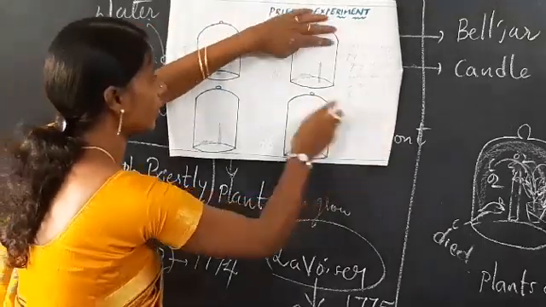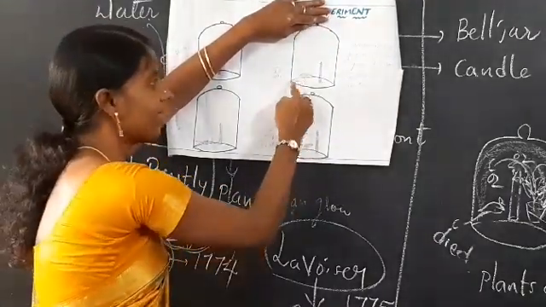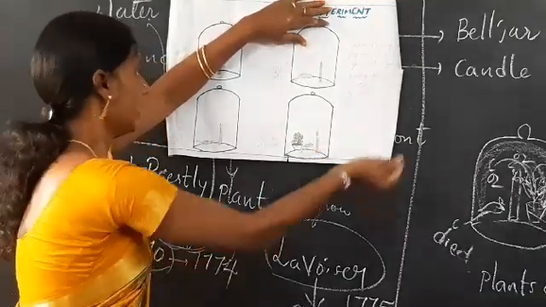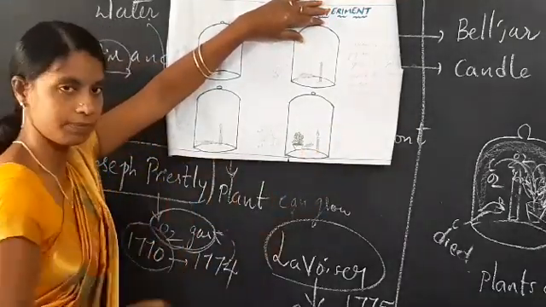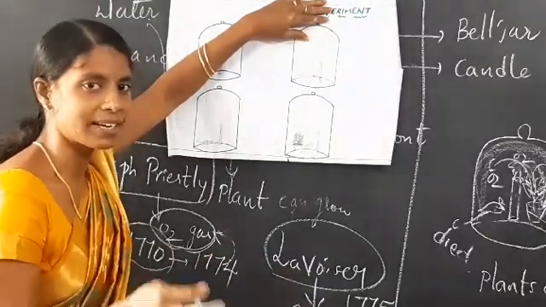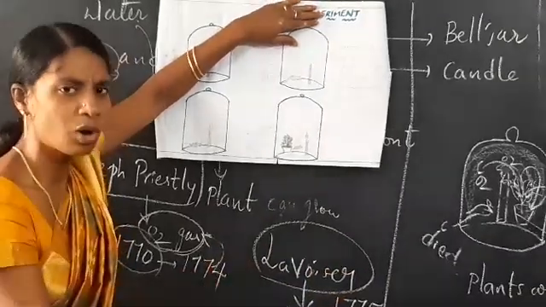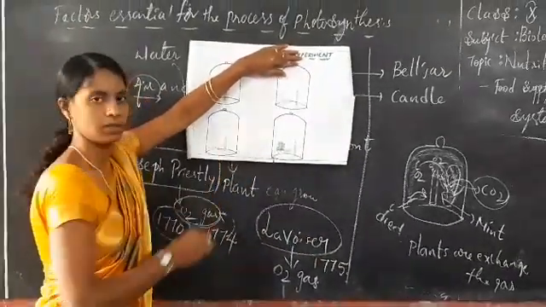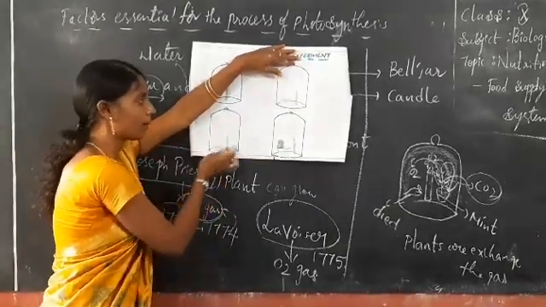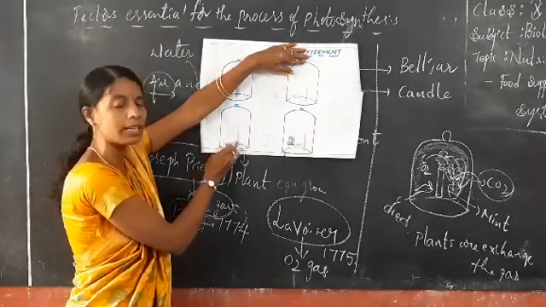So finally, in our second one, he inserted a rat inside the bell jar, and after some time, again it will die. Why? Because there is no sufficient air inside the bell jar. So instead of air, which gas is present? As we already know, that is nothing but CO2. Clear, all of you? When CO2 occupies the bell jar, it is not useful for the rat as well as not useful for the candle.